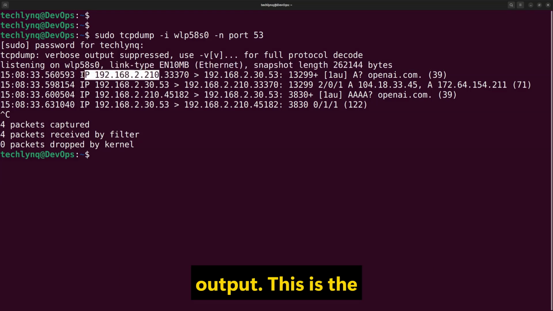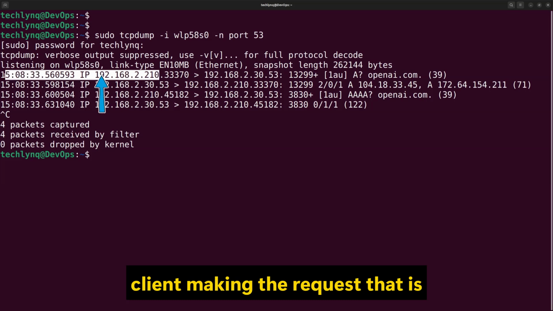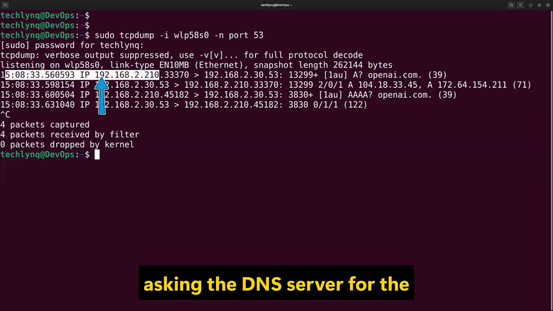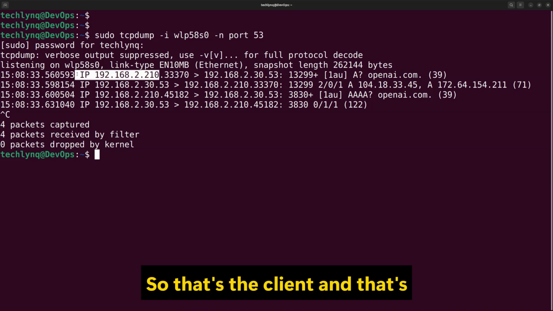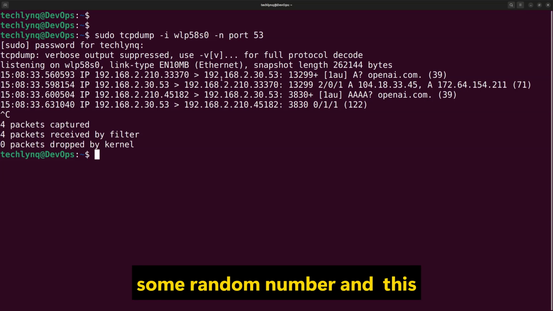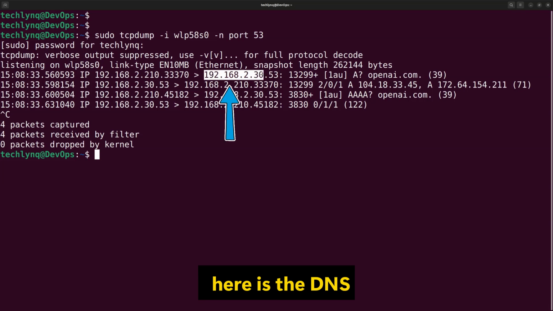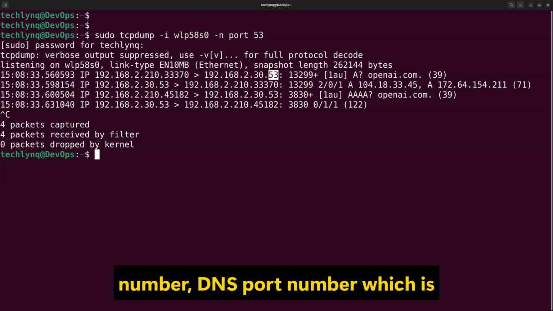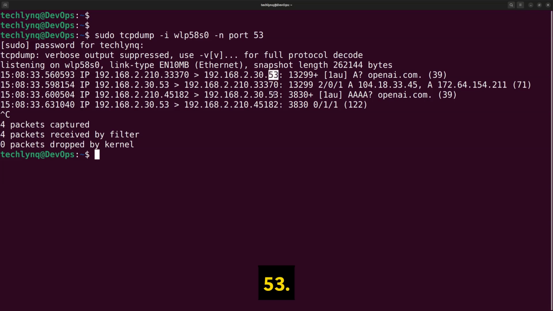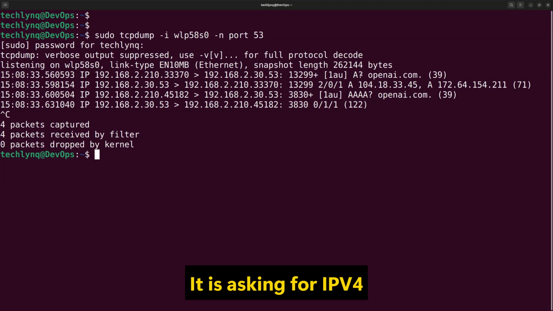This is the client making the request, asking the DNS server for the IP address of OpenAI. So that's the client, that's some random port number, and this here is the DNS server's IP address with the DNS port number, which is 53. It is asking for the IPv4 address of OpenAI,